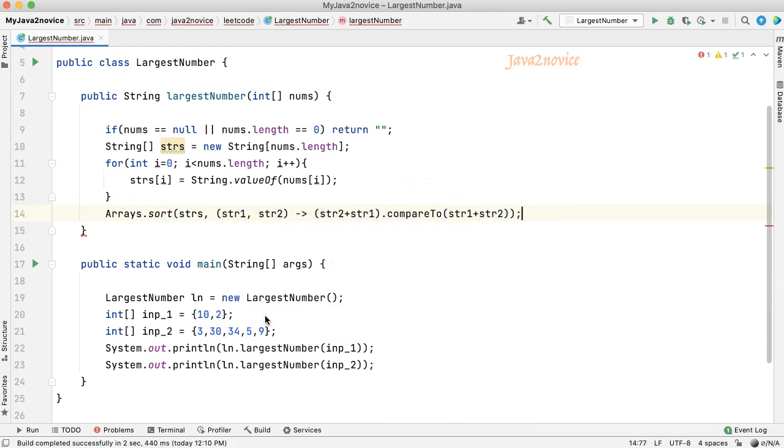We need to cover one edge case here. What if all the input numbers are zeros in the input array? The final largest number must also be 0 in this case. Let's check. Since all input numbers are 0, it is good enough to check the first character, at the first index. If it is 0, then we can simply return 0.